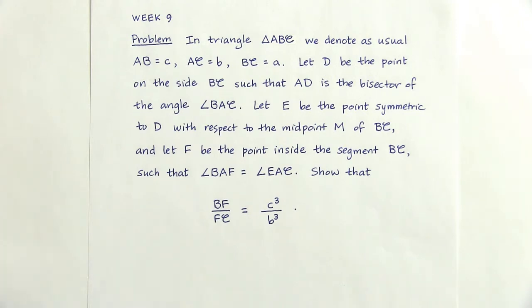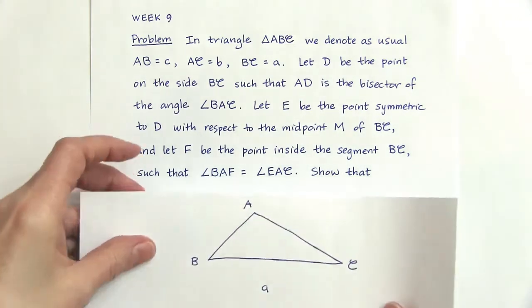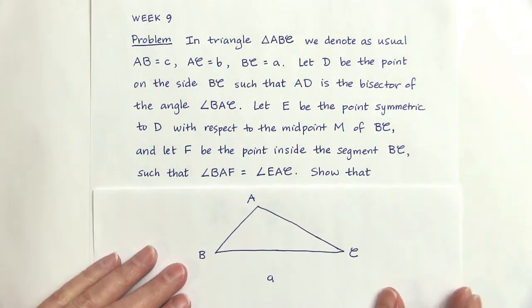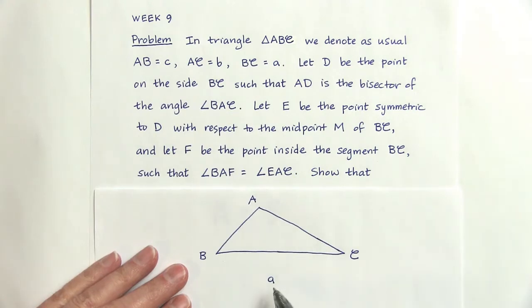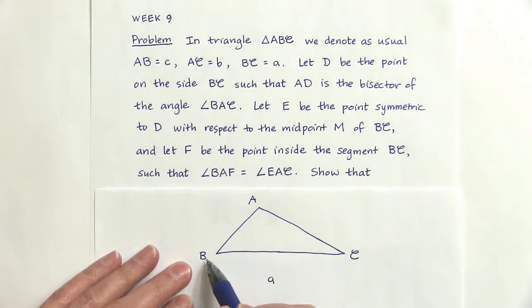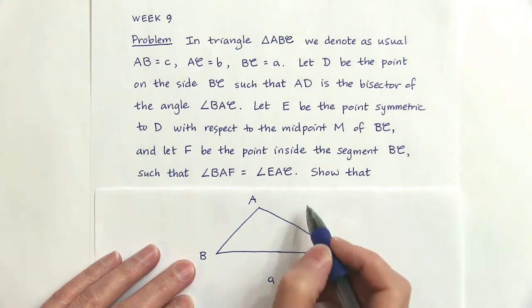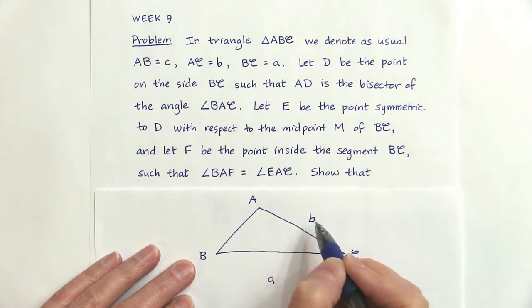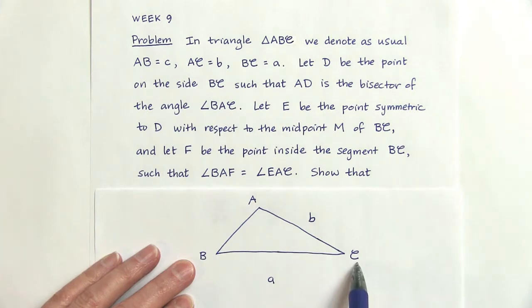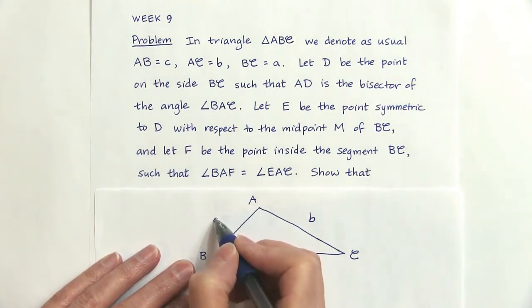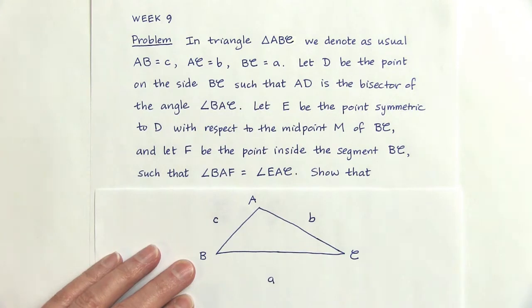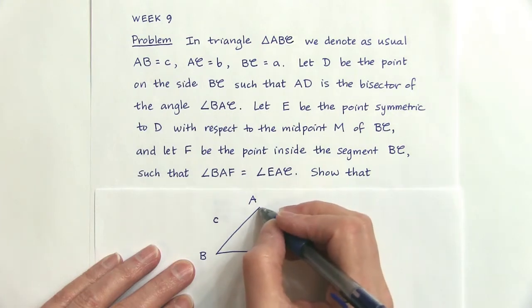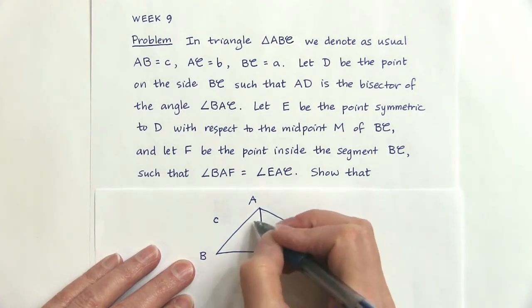The problem we want to solve this week is as follows. We're given a triangle ABC where the side opposite vertex A has length lowercase a, the side opposite vertex B has length lowercase b, and the side opposite vertex C has length lowercase c. And we're going to do a construction that allows us to bisect the angle at vertex A